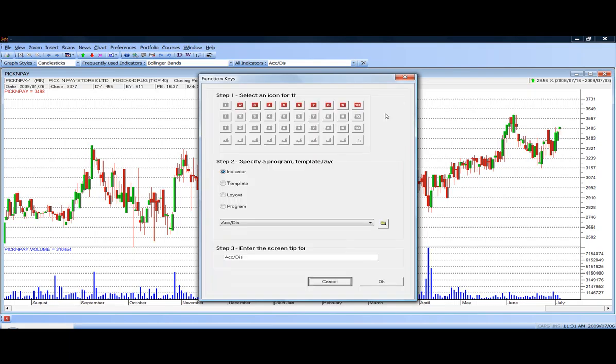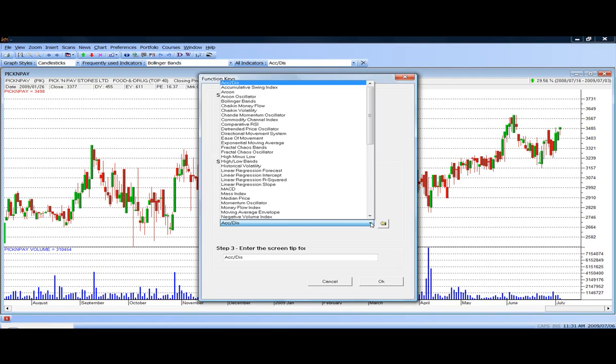So we say New. Now here you have 4 rows of little icons numbered from 1 to 10. And below that you have Indicator, Template, Layouts and Programs. Now since we're going to add another indicator, and we have already used number 1, we will select number 2 and it turns gray. Now we need to select the indicator we wish to use, and we said we were going to use the